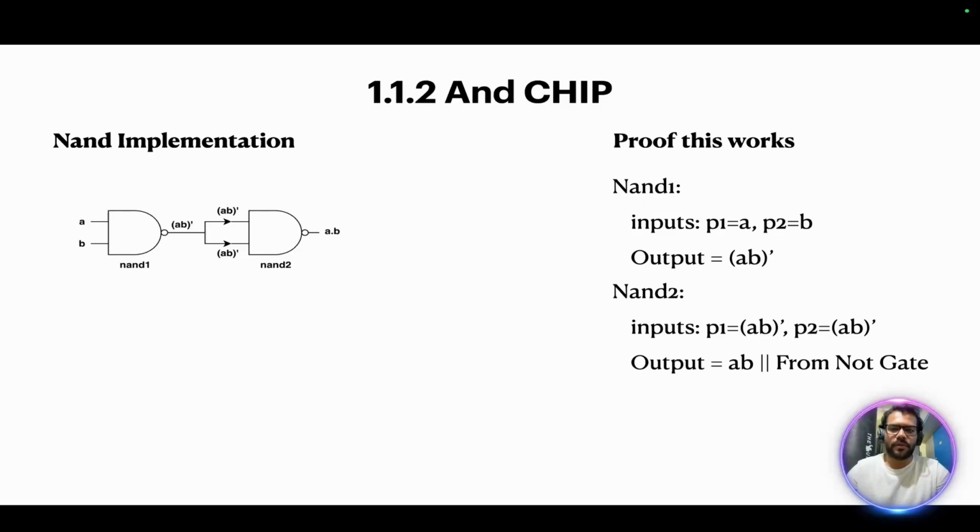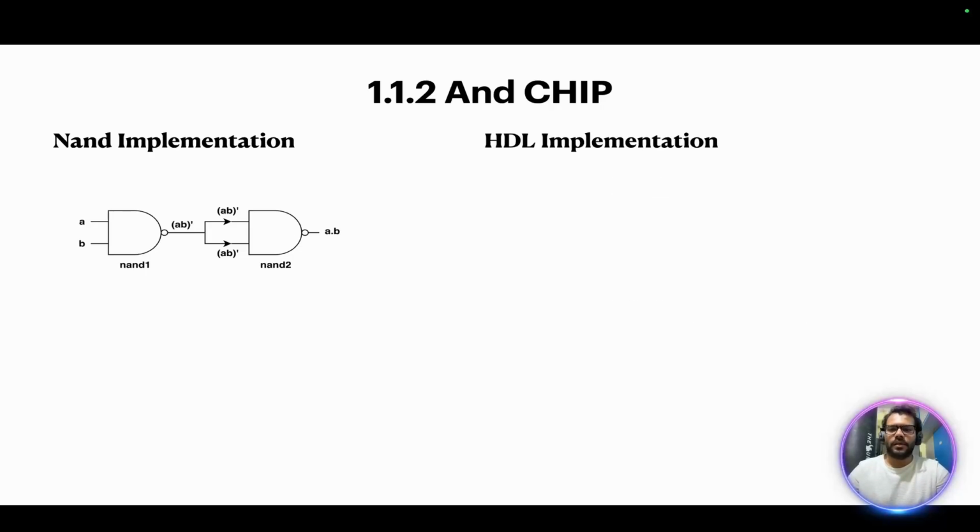NAND 2, pin 1 and pin 2 both are AB dash, and you get AB. Because we have seen from the NAND gate, whatever input you give, you just get the negation of it if you pass the same value to both the pins. In the previous case, you had input and you had input dash. Here you are passing AB dash, so you get the complement of that, which is AB. And hence you have the